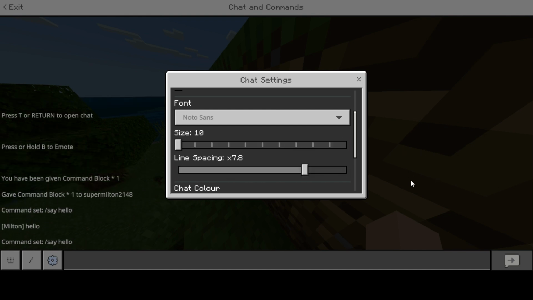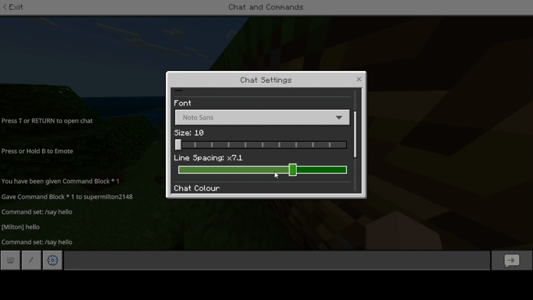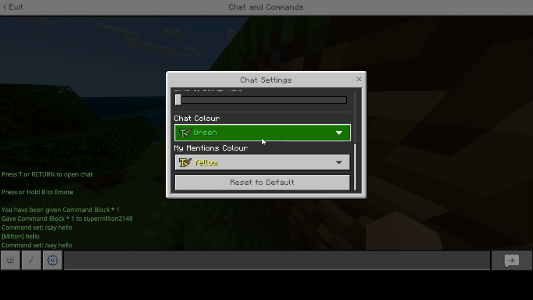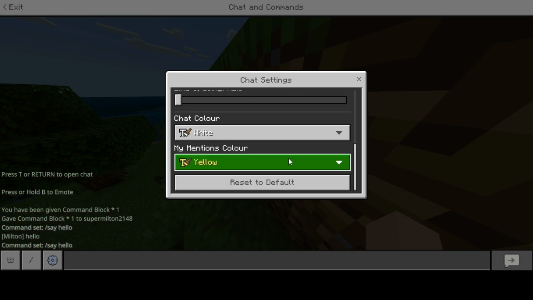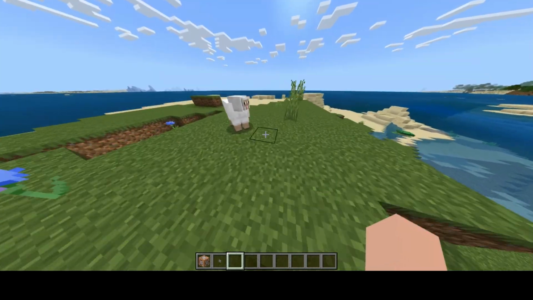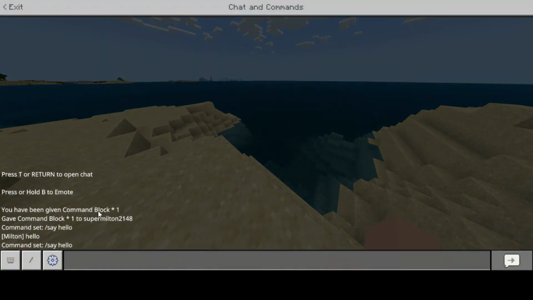Same with line spacing. You can get it up to 10. And then you can even change the chat color, like you can make it green and all sorts of things. And then you see this little button. Now Java viewers won't know what that slash button does. But if you click on it,